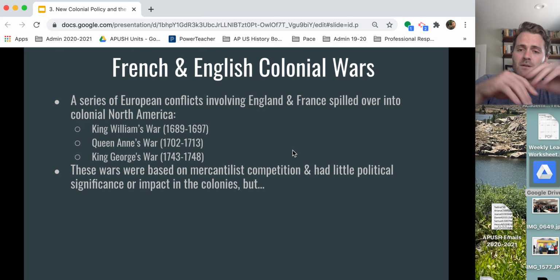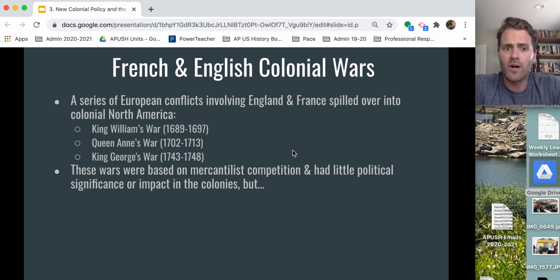So zooming back out, not just in on the colonies, but on world politics as a whole. Throughout much of the 1600s and early 1700s, England and France are fighting. Why, you might ask, are England and France fighting? Because England and France are always fighting. They hate each other to this day. Go figure. There's a series of European conflicts that have very little to do with the colonies, with what becomes the 13 colonies. But they do, in fact, have longer term significance. What we'll talk about today.